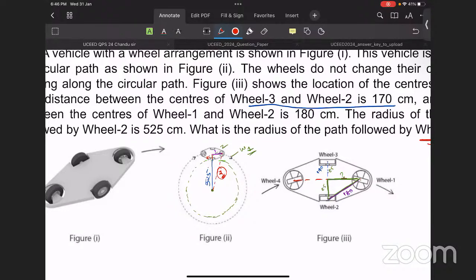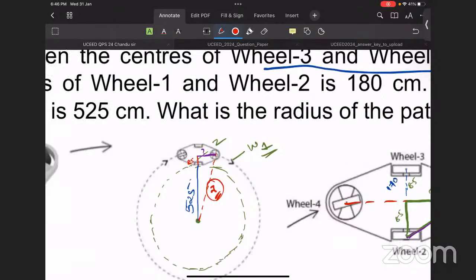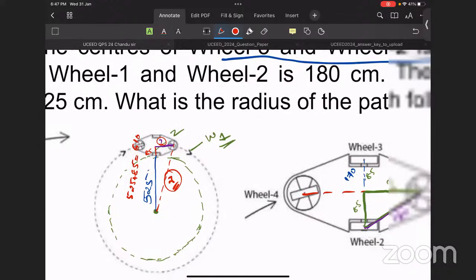So now the question starts. This is the basic understanding of the question. We will understand step by step what the question is. What is the first demand? The first demand is to find this particular length, for using Pythagoras theorem. We know that 525 plus 85 is equal to 610. Keep that 610 there.